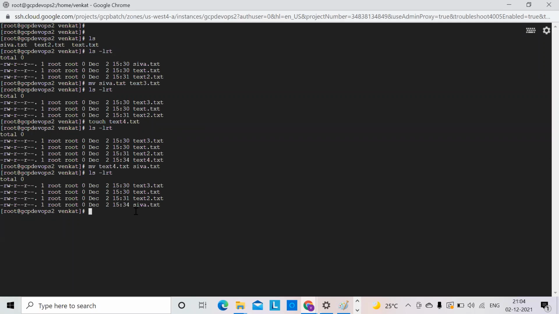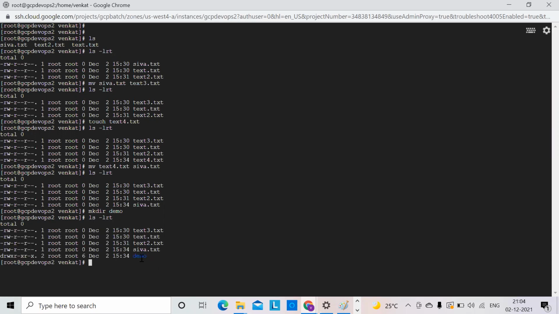So which command am I using? mkdir directory name. For example, I want to create some demo directory. So I will create the demo directory. Here, this is the directory. How do we know this is the directory? Simply, if you observe here,